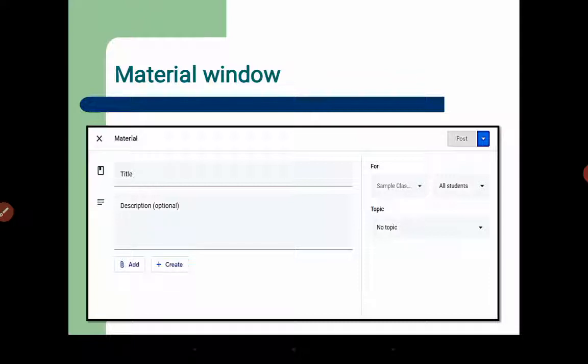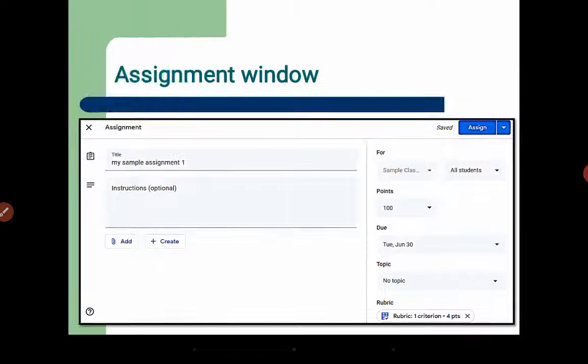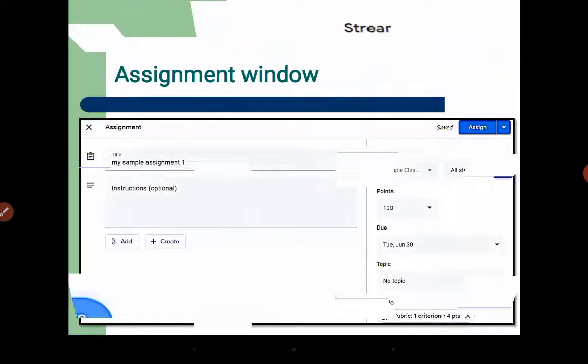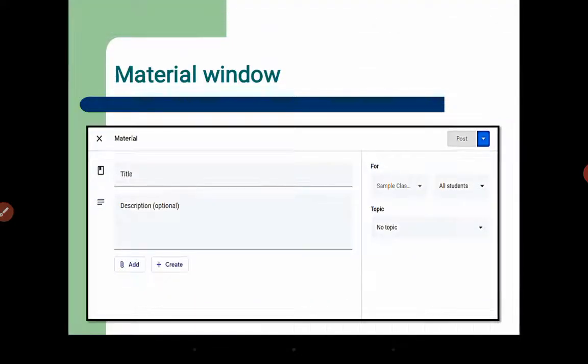When you click on this material option, you will have this window. It is any helpful material, like any PowerPoint presentation or any document or any URL of the internet or a YouTube video, that you want to show your students as helpful material. You can add it over here.